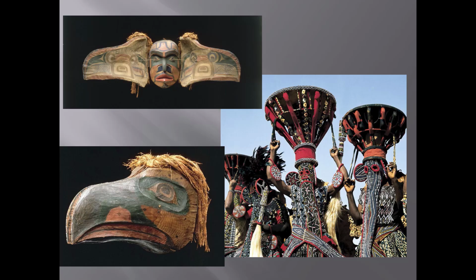So what similarity might I be getting at here? The works are both examples of art that is used in performance. The Aka elephant mask was used in a special dance and signified a divine king who could transform into an elephant. The transformation mask on the left was worn by the Kwakiutl people of the northwest coast of Canada, and it too was worn over the head as part of a complete body costume. During a ritual performance, the wearer opens and closes the mask, revealing the face of an ancestor.